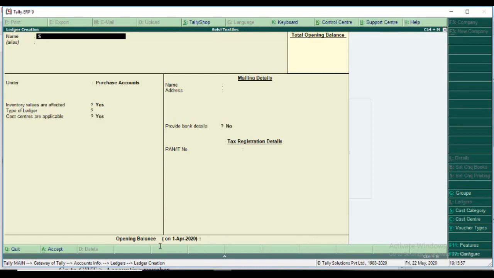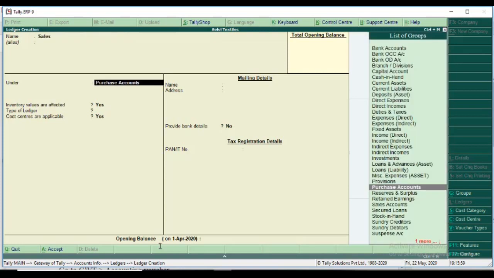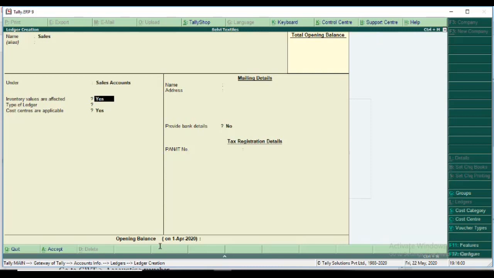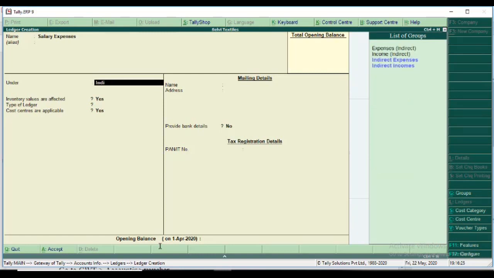And then the sales ledger. The sales ledger is under group sales account. It also affects the inventory value and is also applicable for cost center calculation, so I give both as yes. The third one is salary expenses, under group indirect expenses.